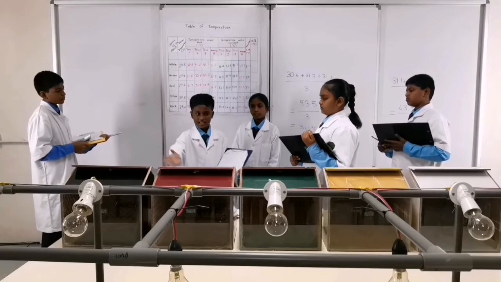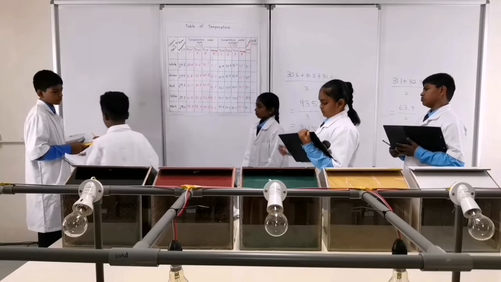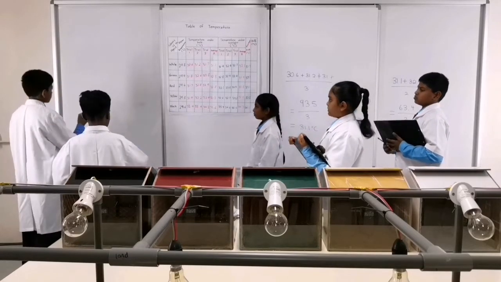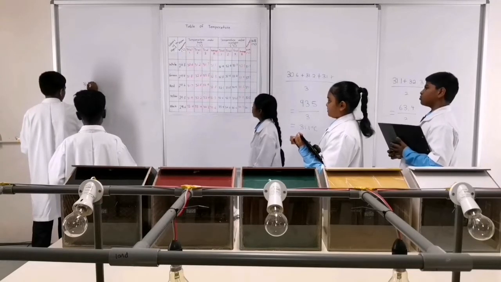To find out which color has absorbed the highest, first we must subtract the total average, which is 31.7 degrees Celsius, and then subtract